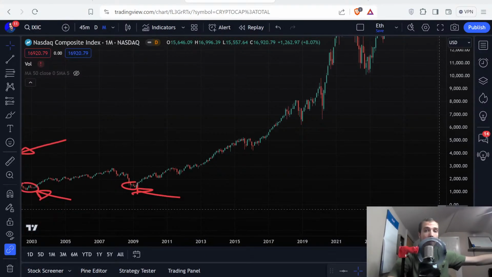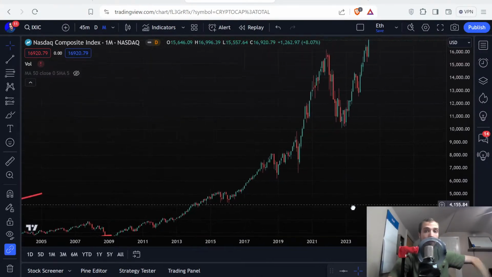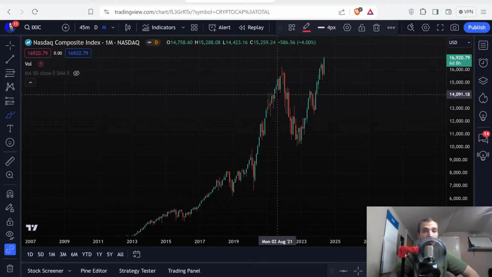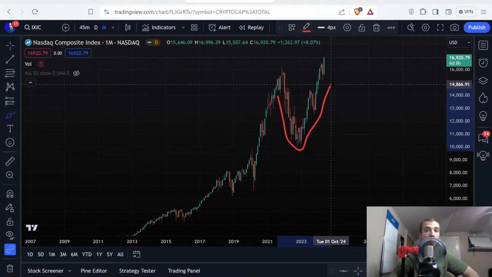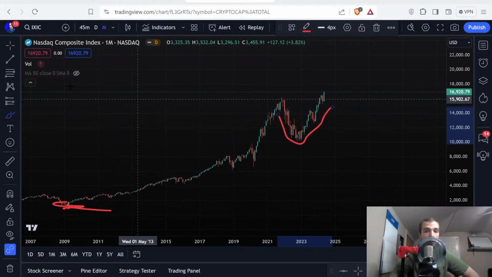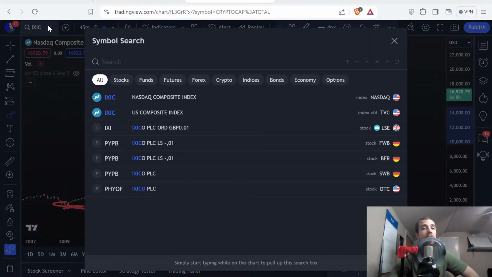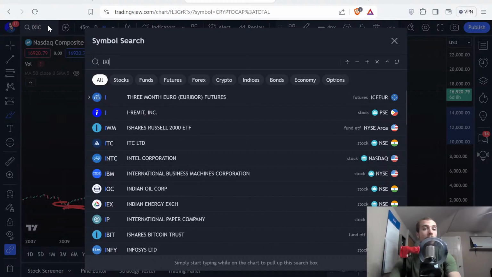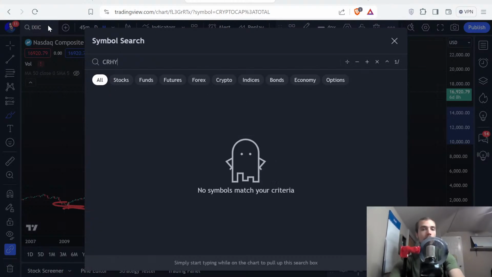I mean, look at what happened to the stock market after that. And look at this V-bottom recovery right here. If you want to talk about bullishness, the V-bottom recovery is one of the most bullish continuation patterns that there is. And we just did a massive V-bottom recovery on the stock market, right? Crypto has a 90% correlation to the stock market. So if we go back over to the crypto,